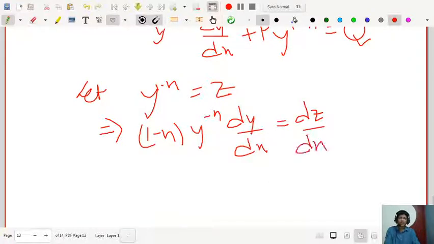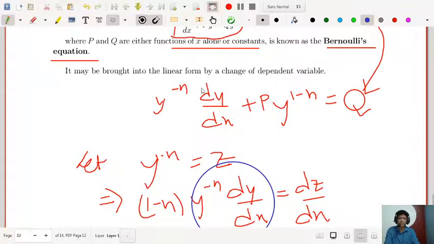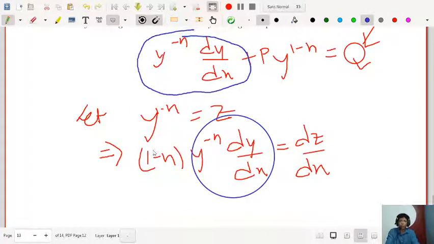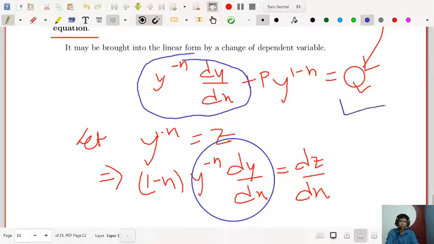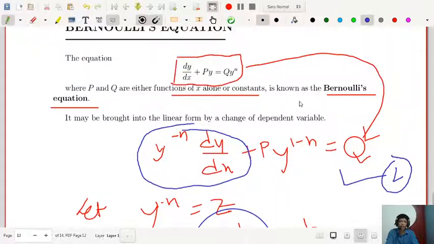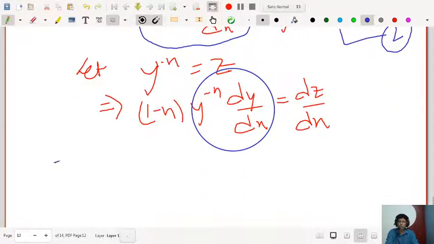Now you can replace y to the power minus n dy/dx with 1 by (1 minus n) dz/dx. So this equation, suppose this is equation 2 and this is your equation 1, equation 2 transforms to,